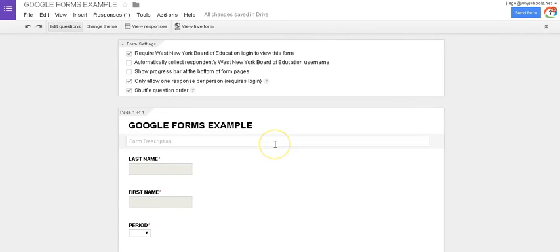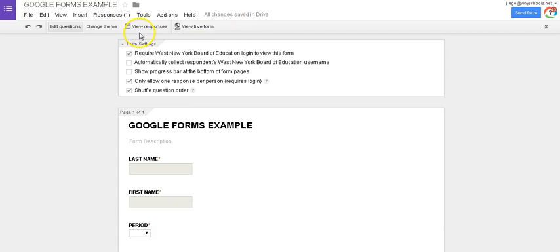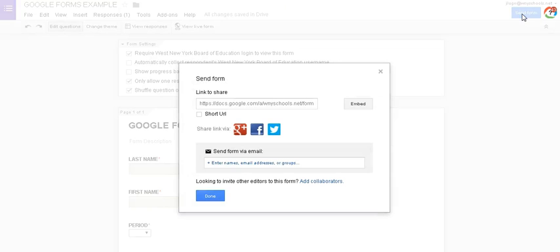Now, some important things to notice about our Google Forms is that every time you create a Google Form, a spreadsheet where the answers are generated is added. You could usually see them in responses, view responses, or you could go to view responses here. In order to share it, all we have to do is send form. Click on shorten URL, press Control copy, copy it,